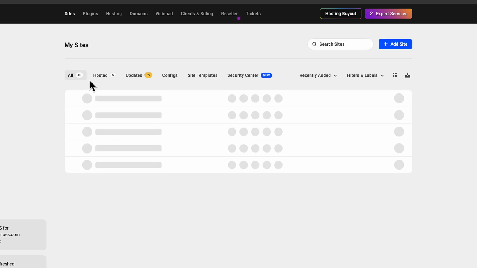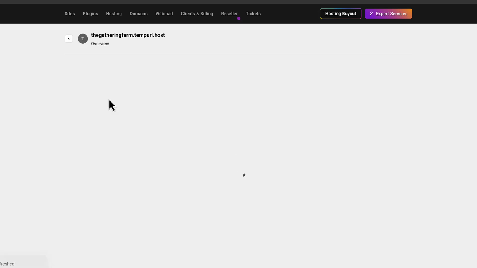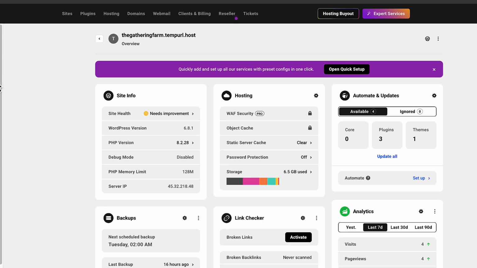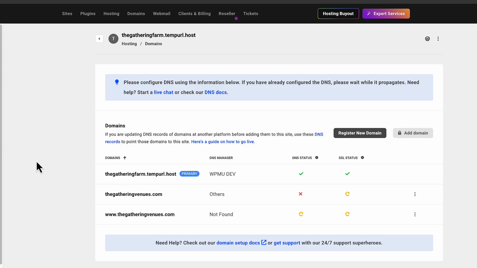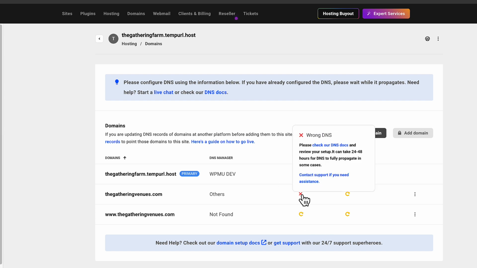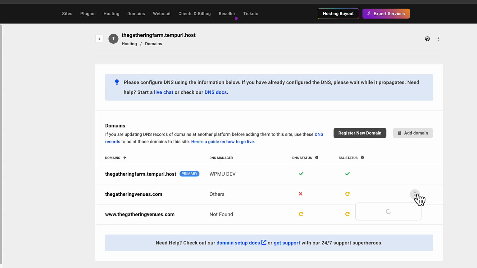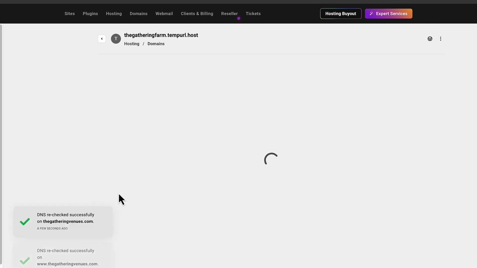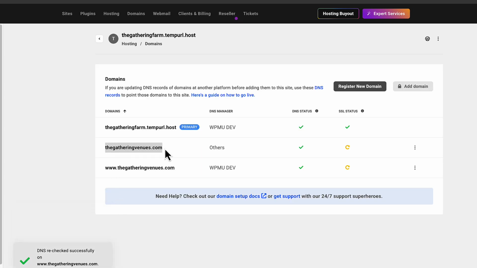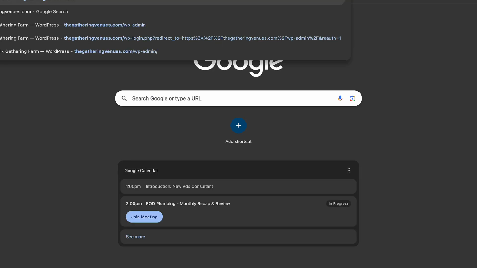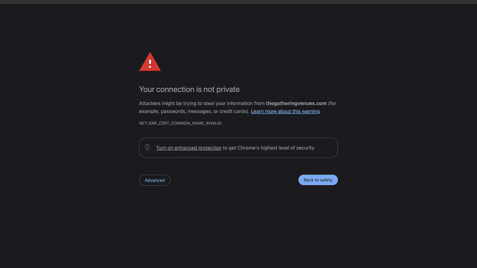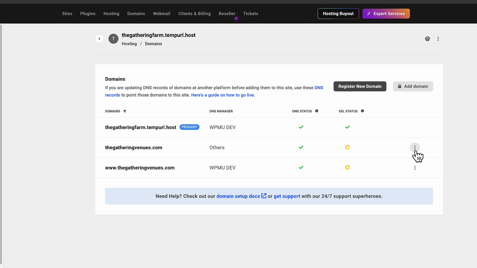So now we can come back to sites. We can look at the first one, and we can go to domains, and see the DNS status. It already said it was propagated, but we're going to recheck inside of here. We're also going to recheck this one so we get a check mark. And then I'm going to go live real quick before I show you. So now, see, we broke it. That's fine. Just come back here, take this,